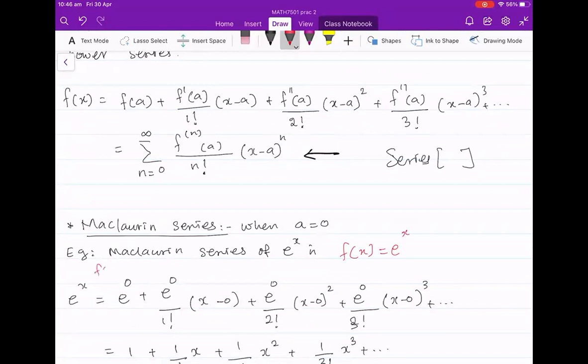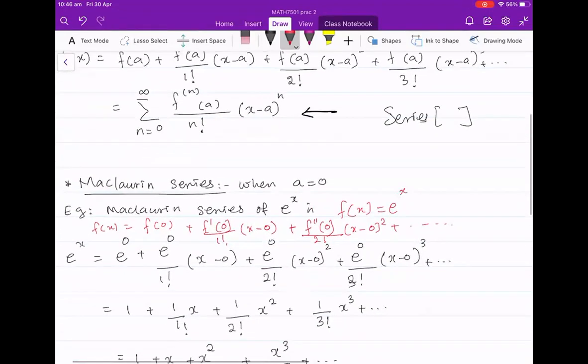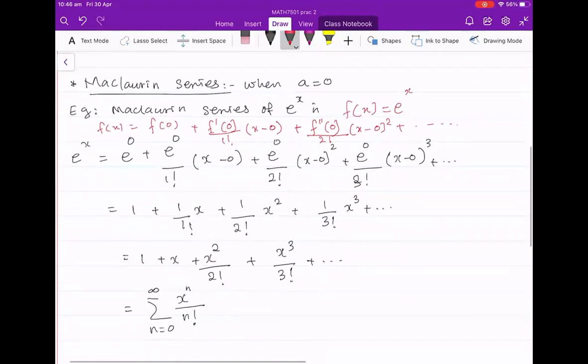So f(x), the first term is f of a, which is f of 0, plus f dash 0 divided by 1 factorial times (x minus 0), plus f double dash 0 divided by 2 factorial times (x minus 0) squared, plus, and then it goes on. So I've computed these values, and then